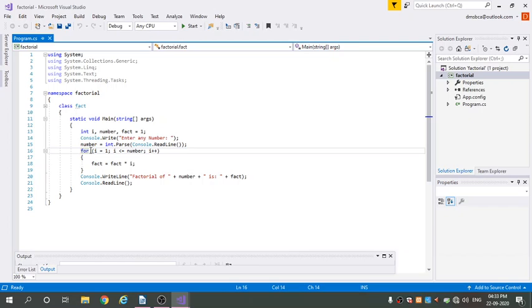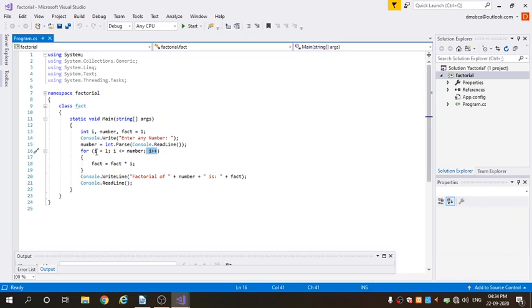And for loop, for in bracket, this is our initializer, this is our condition and this is the iterator. The initializer initializes the variable or a value, the condition is a boolean expression, it returns true or false, and the iterator increments the value of the variable in the loop.